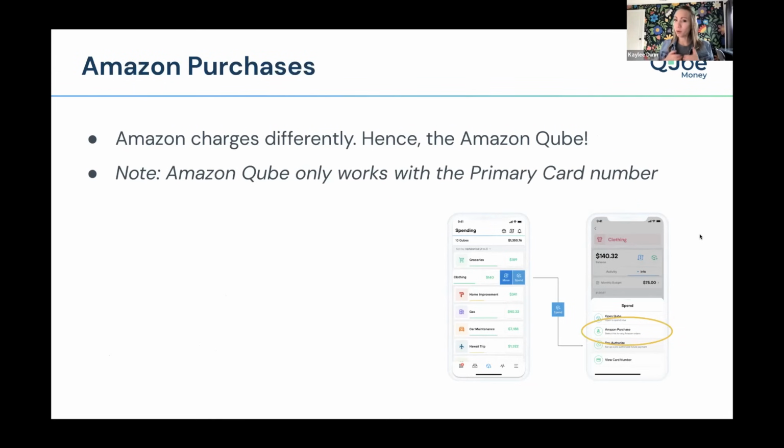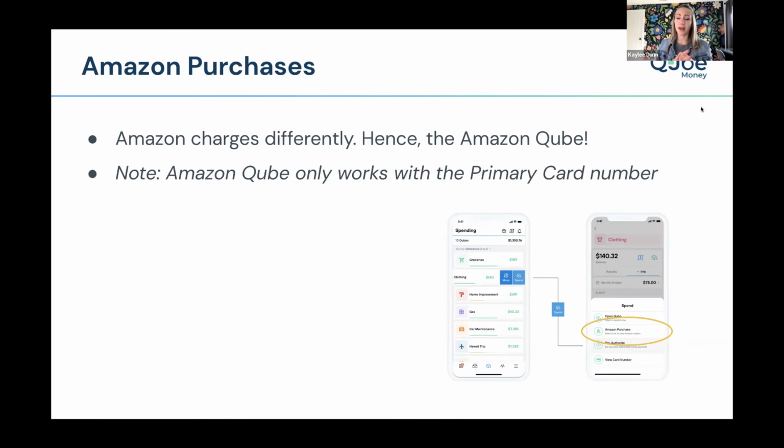This one's much more common, at least in my household. Amazon is kind of a unique situation because they charge you later when the item ships usually. So maybe you make an Amazon order and it has multiple things that will ship at different times. So again, it's kind of tricky to just have your Qube open for a couple of days when maybe you're doing other purchases. So we've created an Amazon Qube that lives in the bills section that's just automatically created for